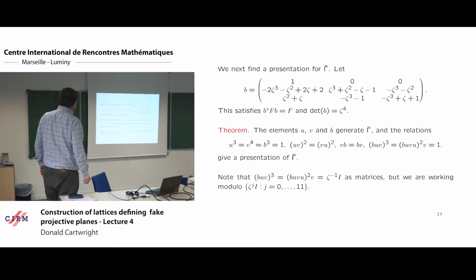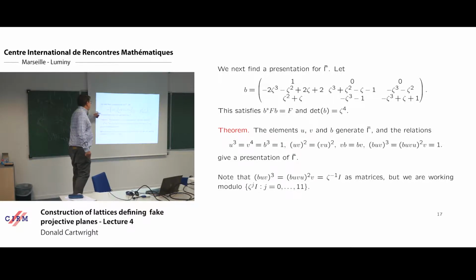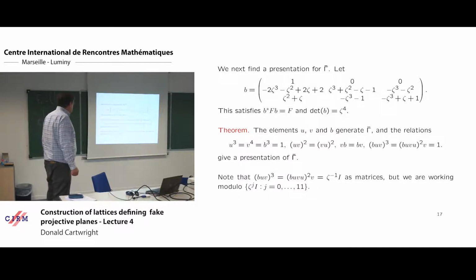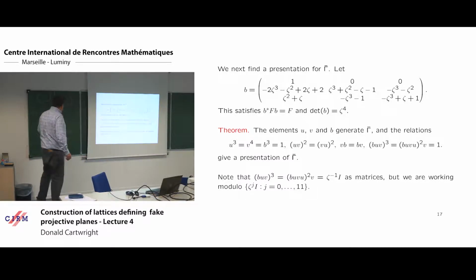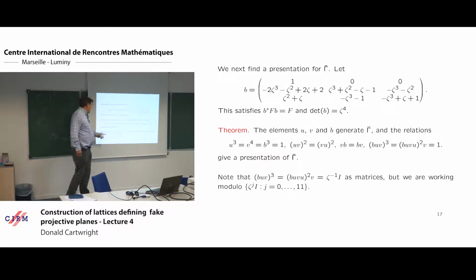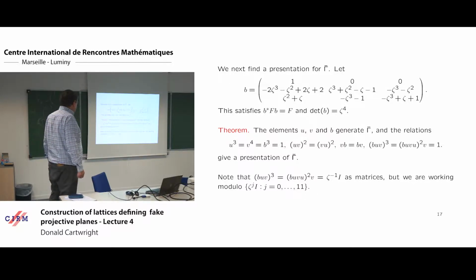So I want to explain how we get this and how we find B. Where did this B come from? I mentioned down the bottom here, we are working modulo that finite group of scalar matrices. And so when you look at some of these relations here, they're not true as matrices. You actually have a multiple of the identity, but as you're working modulo that little finite group, it's fine. Okay, so